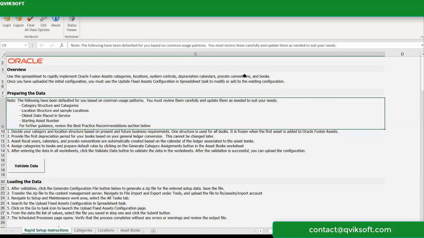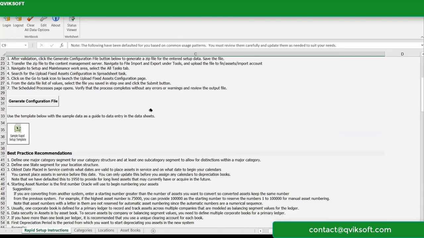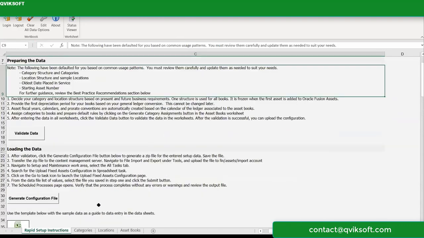When you open the file in Excel, the system will prompt you for login and password. Give your login ID and password, and then you can get the file active. You will also notice there is one additional menu option called create asset configuration on top. There are some guidelines given in this file which you can follow on how to fill it in.